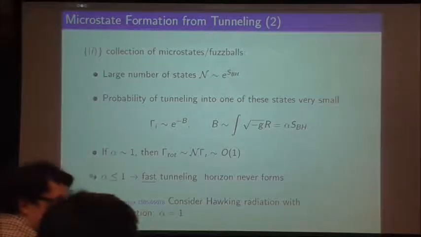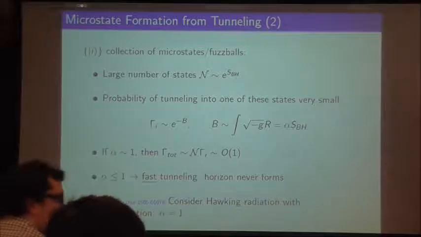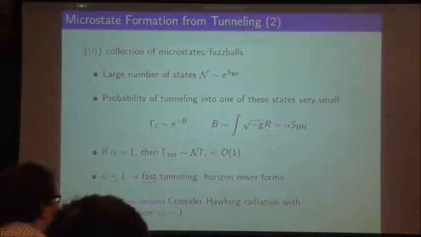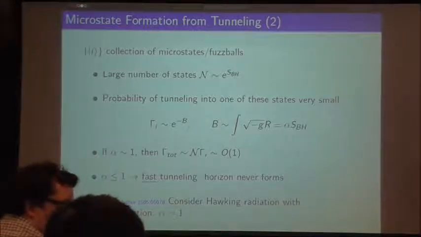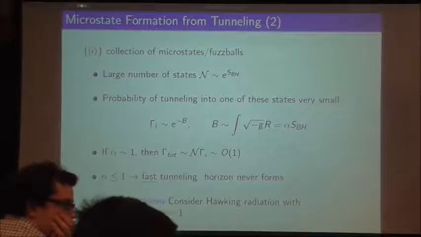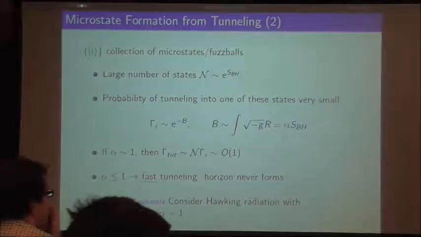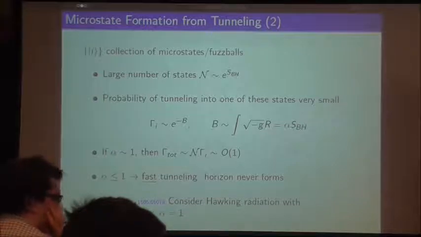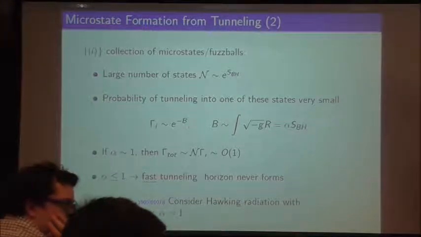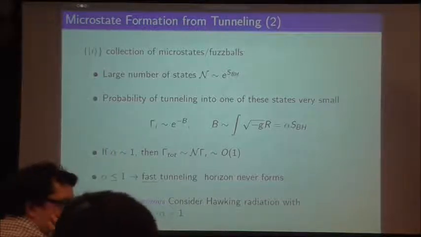So maybe starting with something that's close to a pure state, though, right? Sure, yeah. I mean, something has to go horribly wrong when it's very far away from that. Why do you say that? Well, because if you take a really large star and it dies, it collapses and the horizon forms. And I don't see where this argument. I mean, what I would say is that collapsing stuff seems to form a horizon from far away, but when you zoom in, it would really be in one of these microstates that doesn't have a horizon. Well, I guess what I'm saying is, in that case, you have a macroscopic state that may have so many.